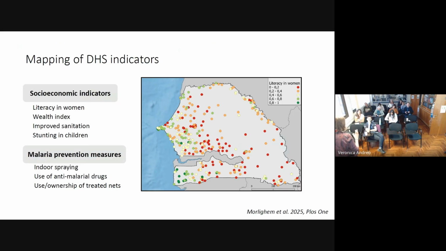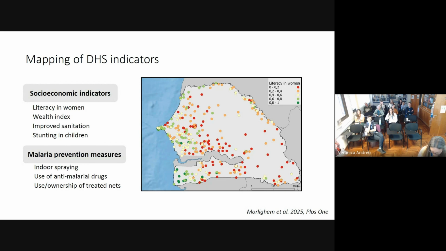Regarding the characteristics of the population, another PhD student, Camille, who is at the end of the PhD, she will defend next month, worked on the interpolation of DHS indicators. I suppose you are all familiar with DHS, the demographic and health surveys that provide a lot of information on the population. So you see examples of socioeconomic indicators that are provided in